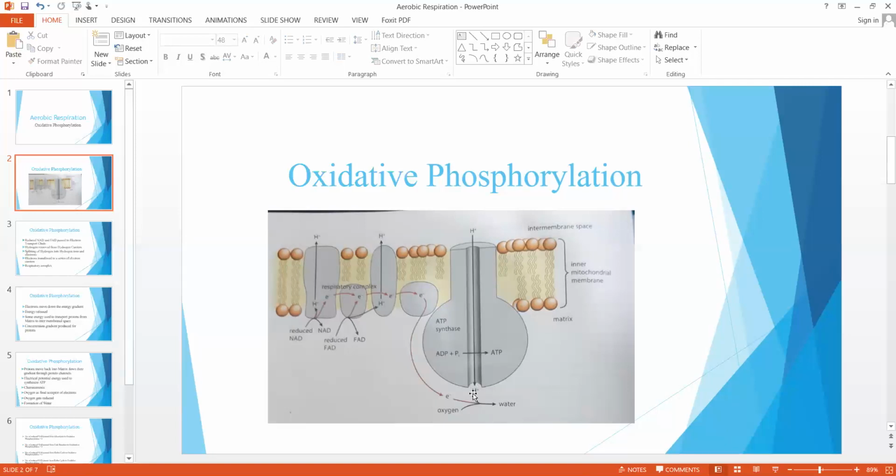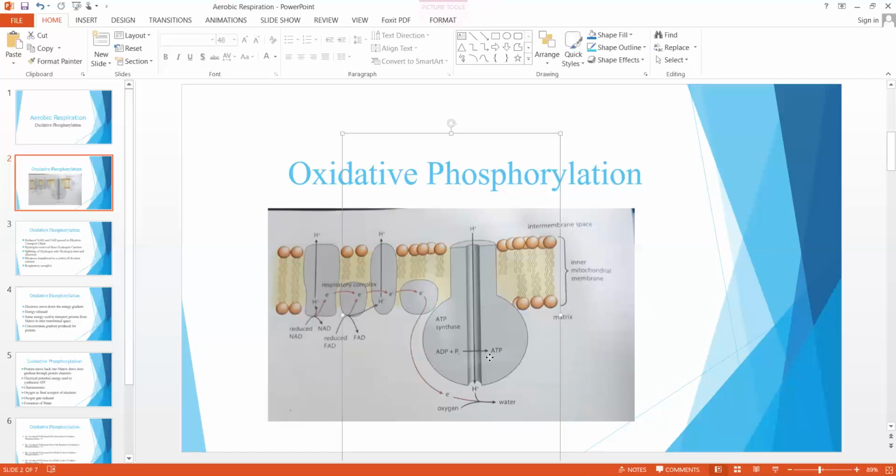Now, what happens to these hydrogen ions and these electrons? Basically, now here comes the role of oxygen. You have seen that throughout all the stages of respiration, there is no role of oxygen. We have seen previously. Basically, oxygen is the final acceptor of electrons over here. We say it dumps the electrons and hydrogen ions. So what happens here in the mitochondrial matrix? An electron and a proton are transferred to the oxygen, and as a result of that, oxygen gets reduced, and that leads to the formation of a water molecule. So this is how the process of oxidative phosphorylation is complete.